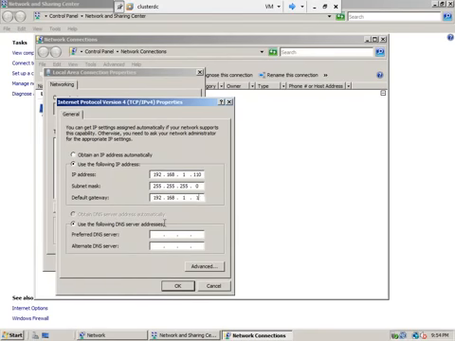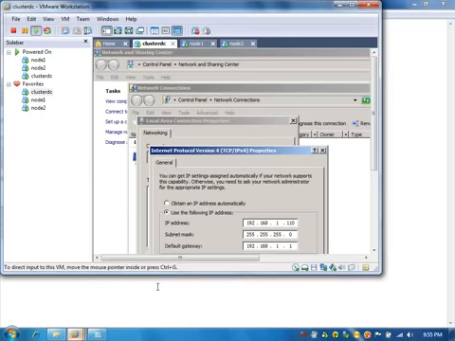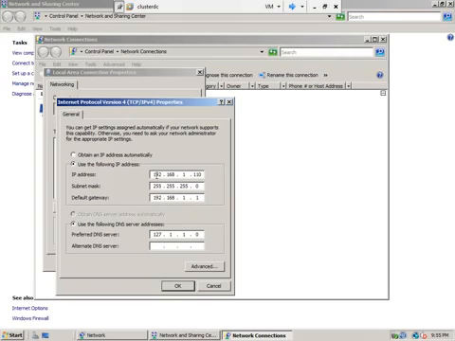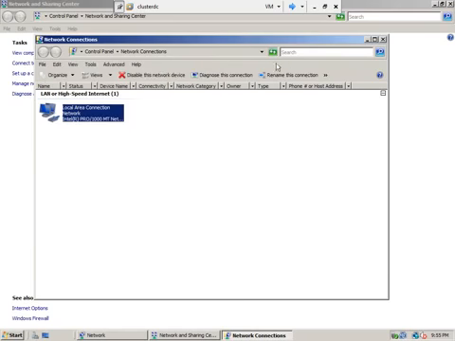And the preferred DNS server will be the loopback, as you can see here. Sorry, the reverse way. Okay, now